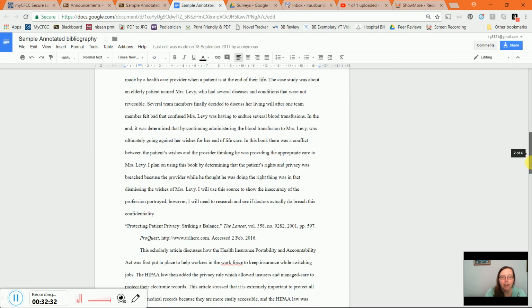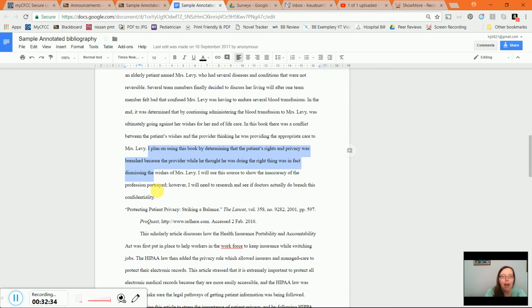However, in the evaluation, you will see, I plan on using this book by determining blah, blah, blah. I will use this source to show the inaccuracy. I will need to research and see if doctors actually do breach this confidentiality, blah, blah. So it's perfectly fine to use I in that part of your annotated bib.